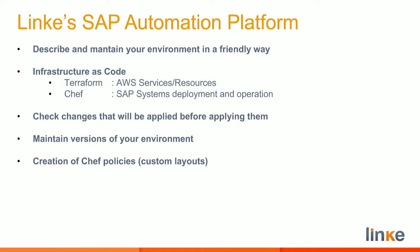Our automation platform allows us to check changes before they are applied into production. We can maintain our own versions and different versions of our infrastructure so that we can have some version control and version management of our environments. And it allows for the creation of Chef policies, which are the customer custom layouts of their SAP infrastructure. For those of you that might not be familiar with Chef software,